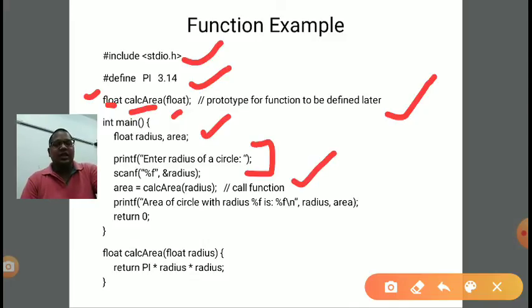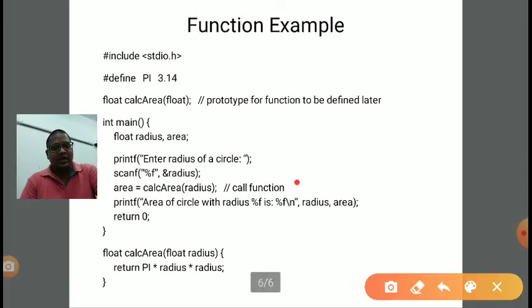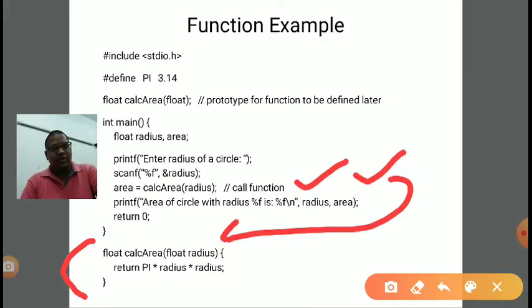Calci_area is the name of the function. In brackets we pass radius, the parameter which acts as input to this function. Whenever we call a function, control transfers from the function call to the function body.